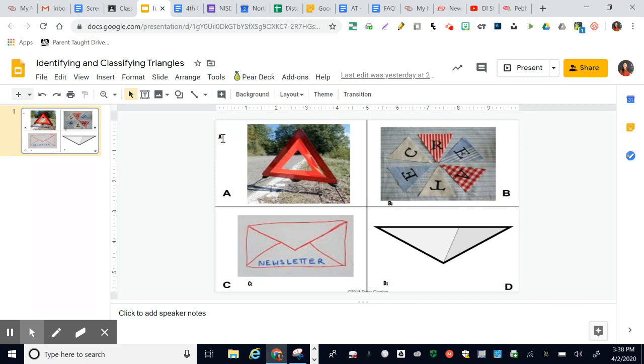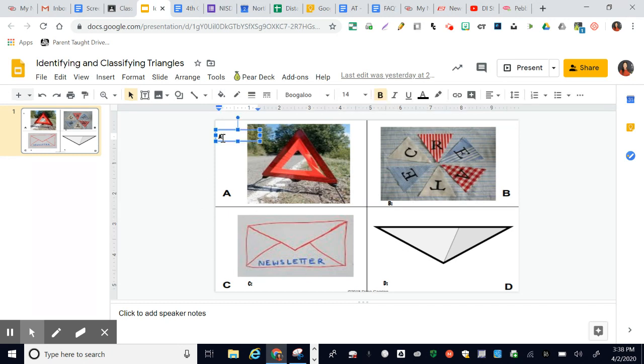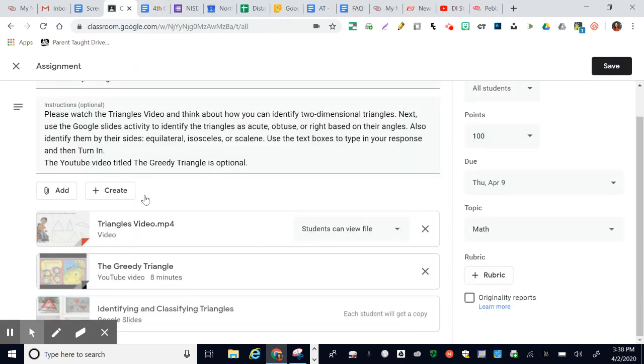And so the next thing that I did was I added text boxes because I want students to be able to identify and classify these triangles, again, using the sides and using angles. Okay, so each of these will have two different names. And so now I'm going to go ahead and X out of that. And so now, as you see, my students have a lesson, and the video is probably